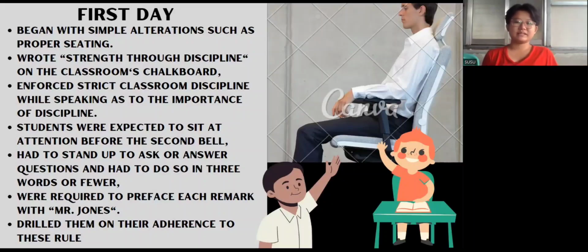So yeah, they have to sit with close attention to all his teaching before the second bell. And when they have questions or answers, they need to stand up to ask or answer the questions. They have to answer in just 3 words or even fewer than that, like "the Nazis did" or something. I don't know much about Nazis, but that is one of the things that Nazis might do. And they were also required to preface each remark with Mr. Jones or something like that. He drilled those rules into his students' minds, like they have to follow it every single day. And then on the second day,